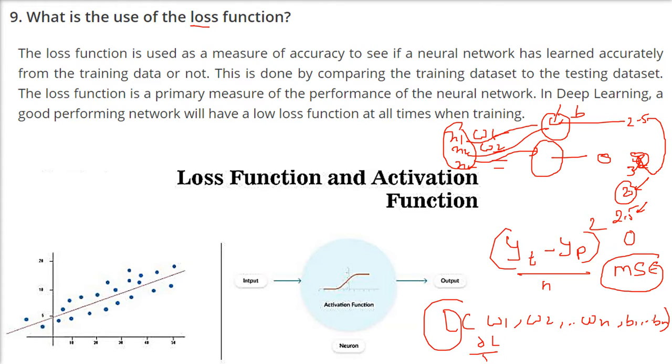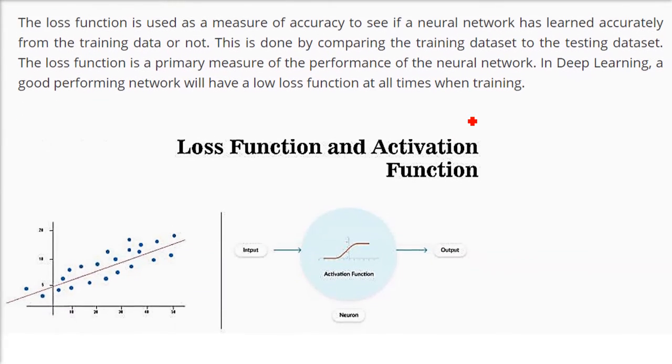Then we use the partial derivative, because one time you are dealing with W1, another time with W2. You want to take the derivative with respect to one and keep the others constant. That is why you take the derivative. Finally, after applying the chain rule, a value comes, and that is the actual value by which the weight needs to be changed, and you repeat this